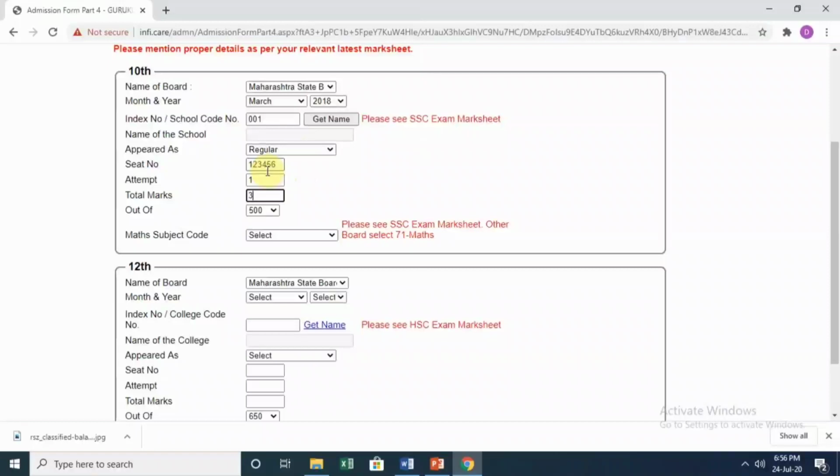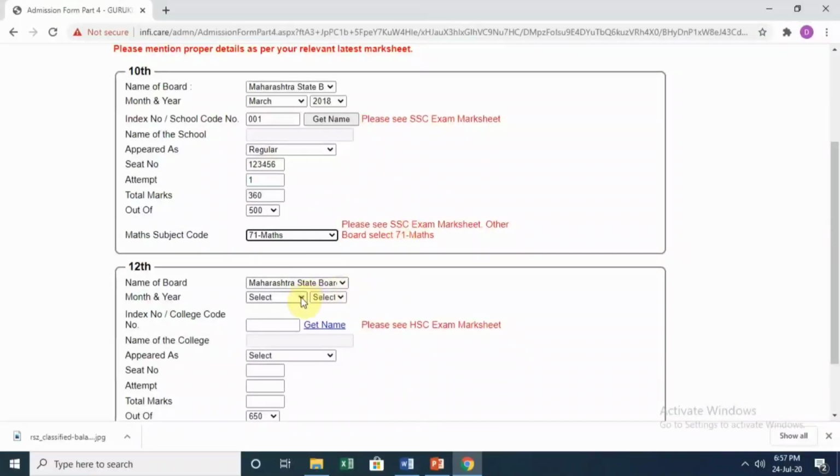Total marks, whether you had normal maths or general maths, select one of it. All these details will be given in your SSC mark sheet.